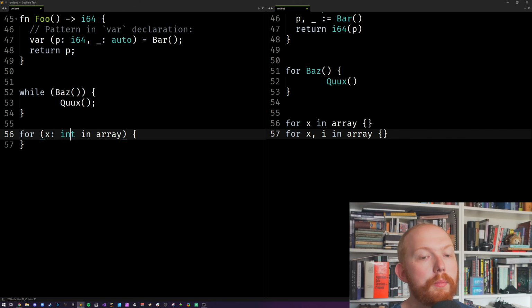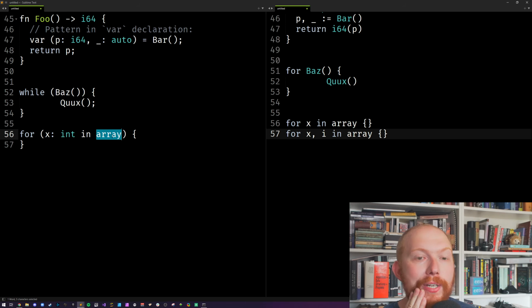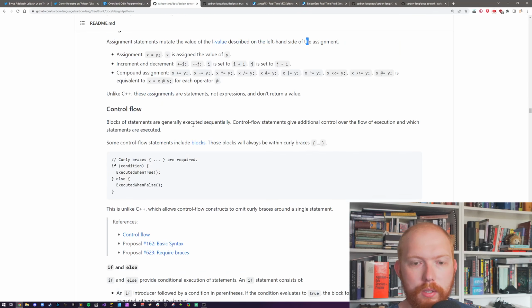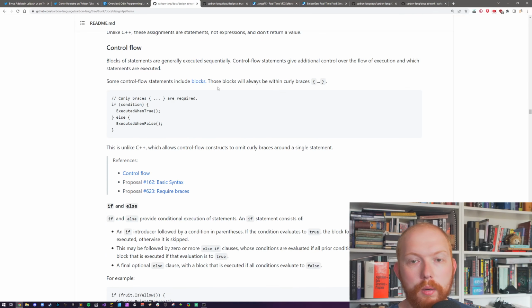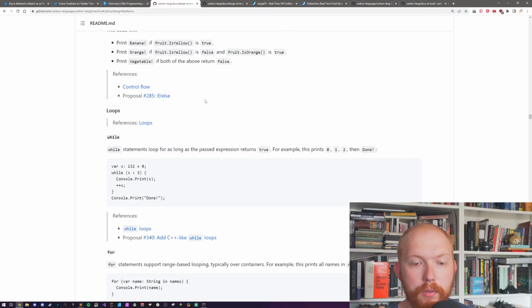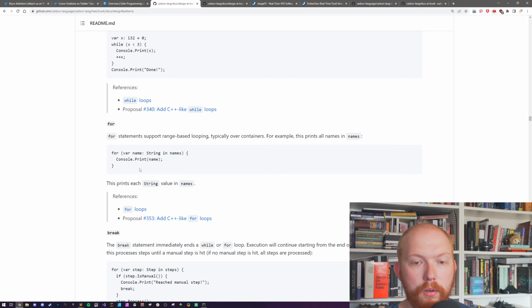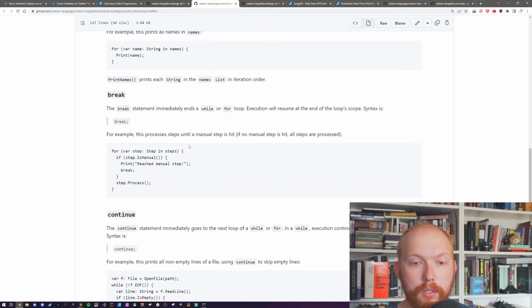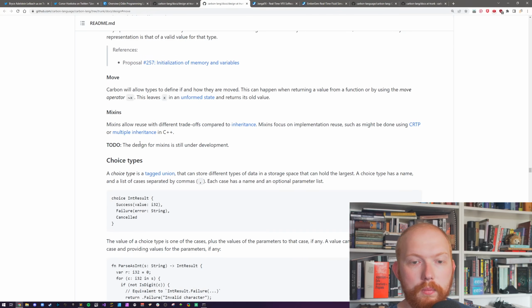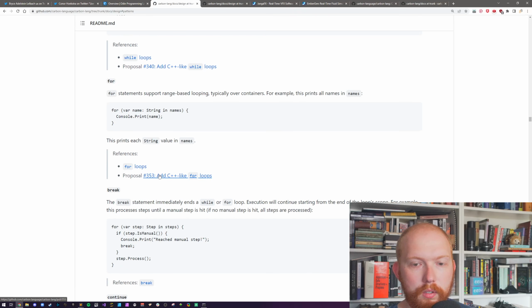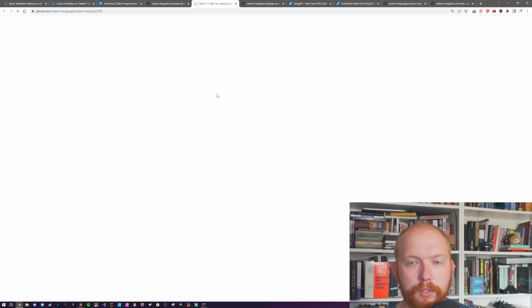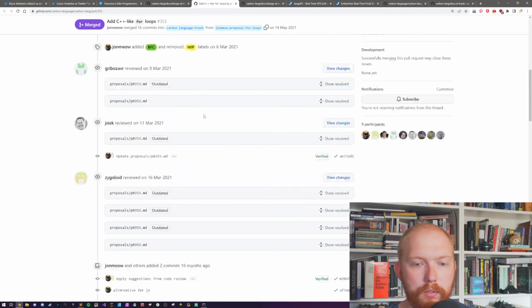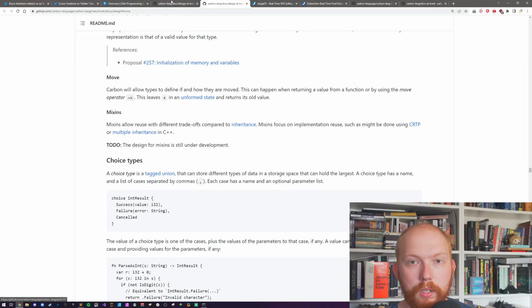I'm not sure how they do the offset. There might be, or they might require you to put an iterator in there that gives you a tuple of the values. I'm not sure yet because it's not that easy to see with their syntax. Control flow, curly braces, yep, similar to Odin. Curly braces everywhere. Loops, they've got a while loop. They've got a for loop, which is a for in loop. We could always look at their for in loops to see what their proposal is. Do they allow... Nope, I can't really see it quickly enough.